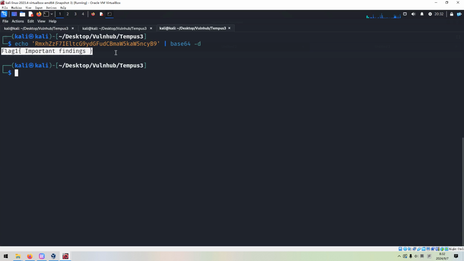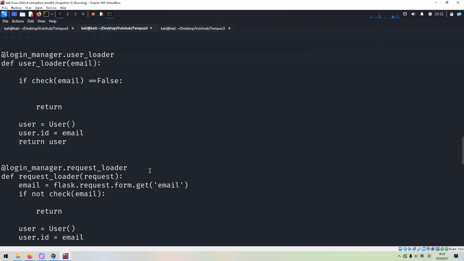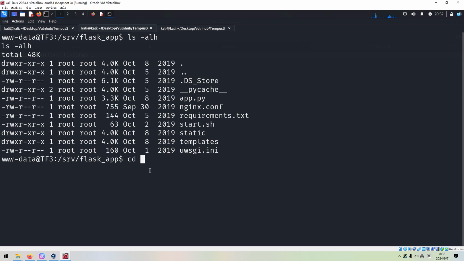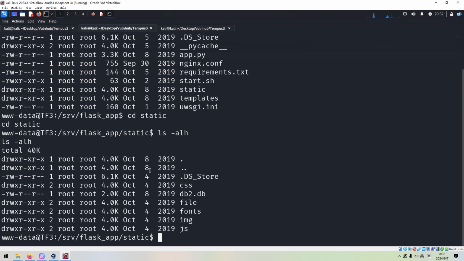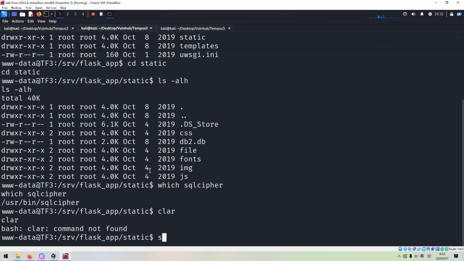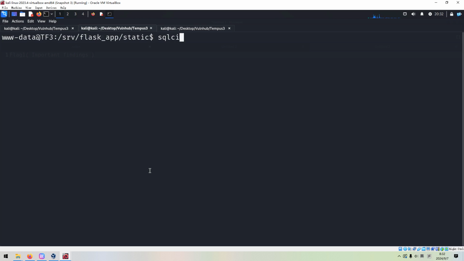And the next we need to do more enumeration. We can go to the static directory, and the next we need to check whether SQL cipher is available. It's there, and now we can use SQL cipher and db2 db.